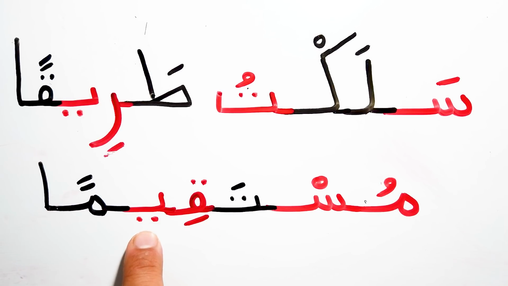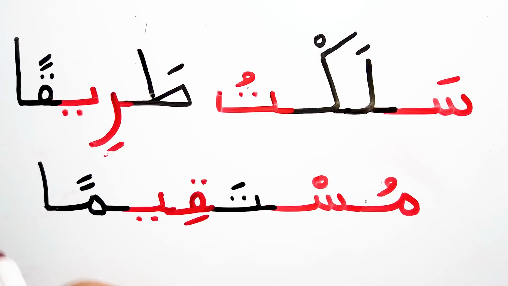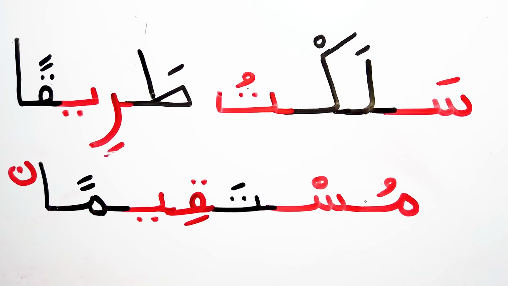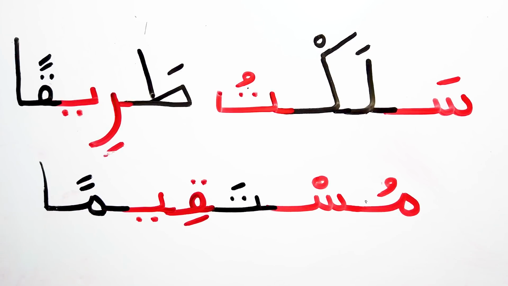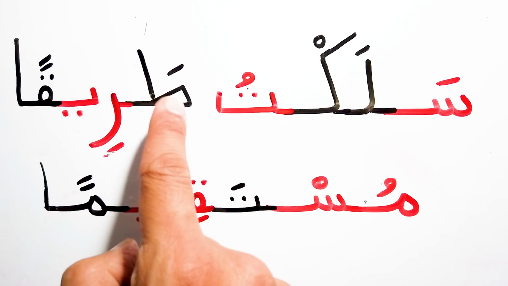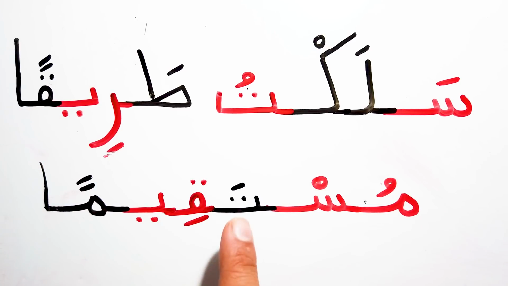We have long vowel ya. We have two letters in this syllable. Why? Because we have long vowel ya and we must connect the long vowel ya with the previous letter in the same syllable, and the previous letter must be with kasrah. That's why we have here long vowel ya. Qi, and then man. Don't forget we have the sound of noon here, just the sound. We don't write the noon. Let's read the sentence one more time. سلكت طريقا مستقيما.